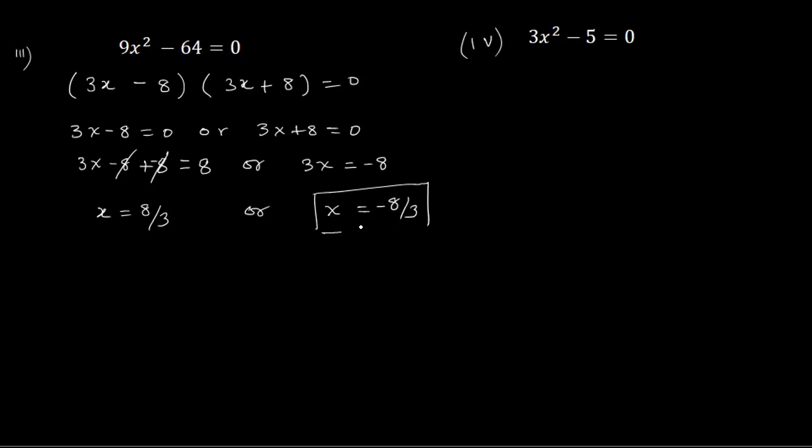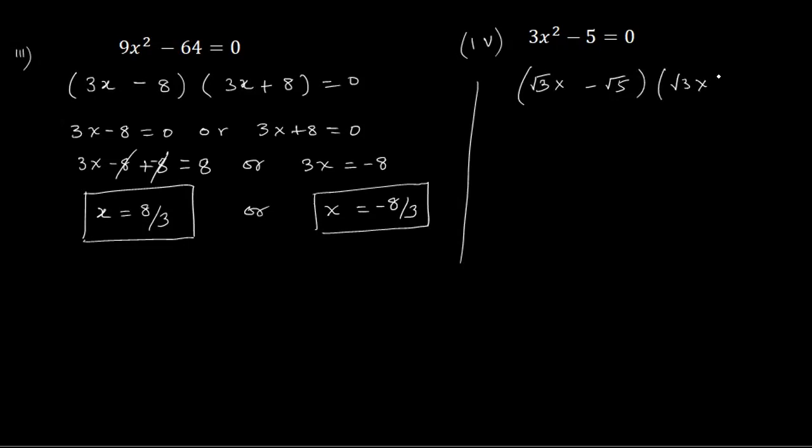We can see the sum of these roots is equal to 0. It means our solution is correct. Let us see the final question of this type. So here, 3x square minus 5 equals 0. We can rewrite this as root 3x, the square root of 3x square. The square root of 5 is simply root 5, with a negative sign in between,